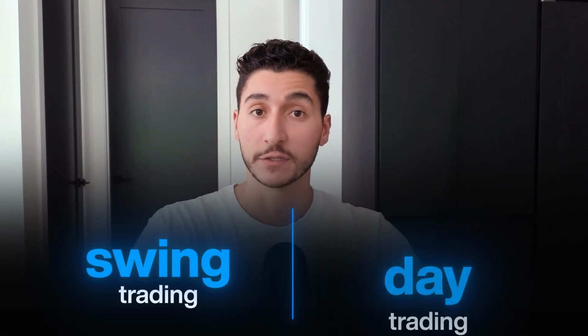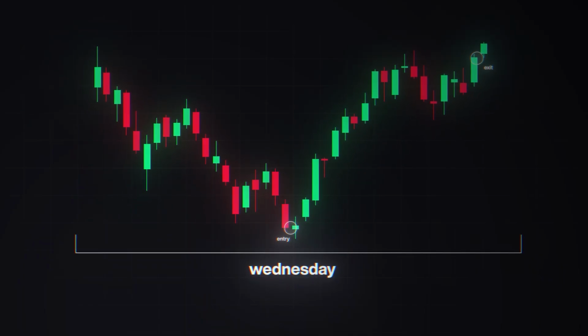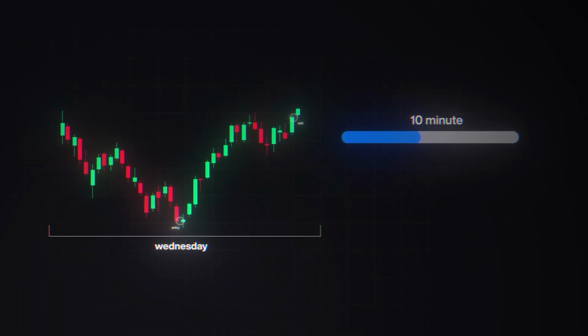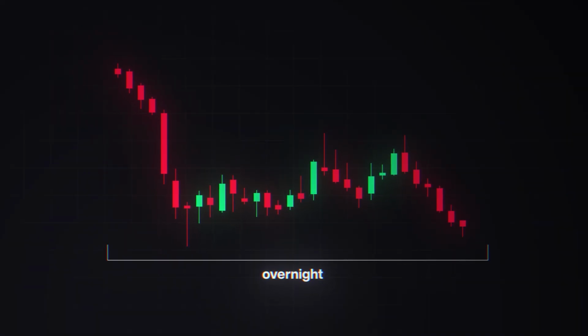Swing trading versus day trading. What's the difference? Day trading means that you open a trade and close the trade in the same day. It can be 10 minutes or it can be 3 hours, as long as you open and close the trade in that same day. Swing trading is very different because typically you're going to hold it at least overnight up